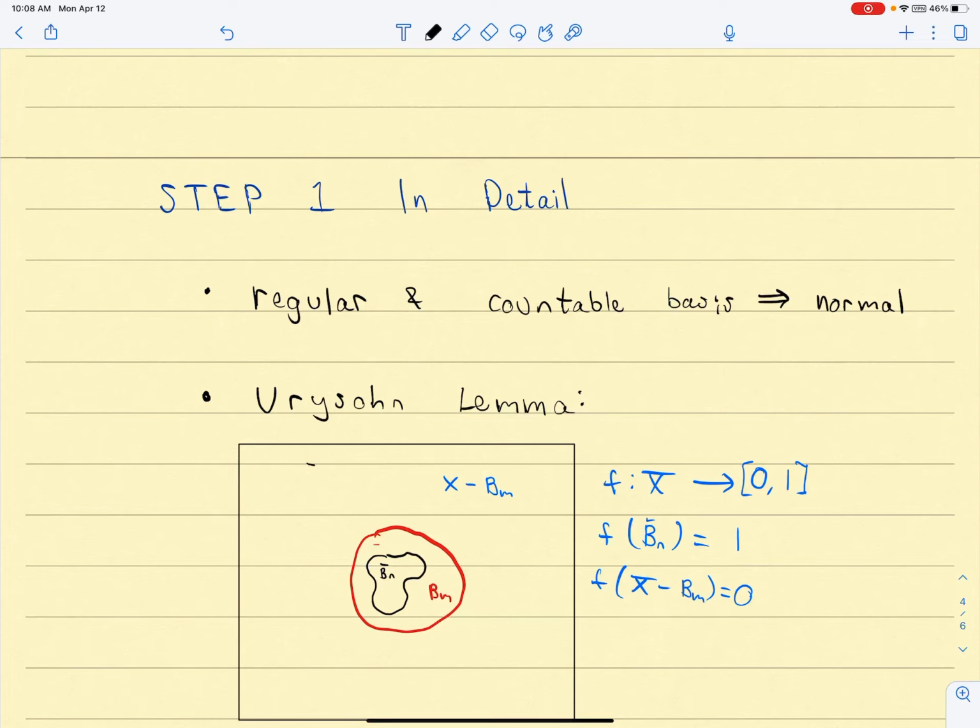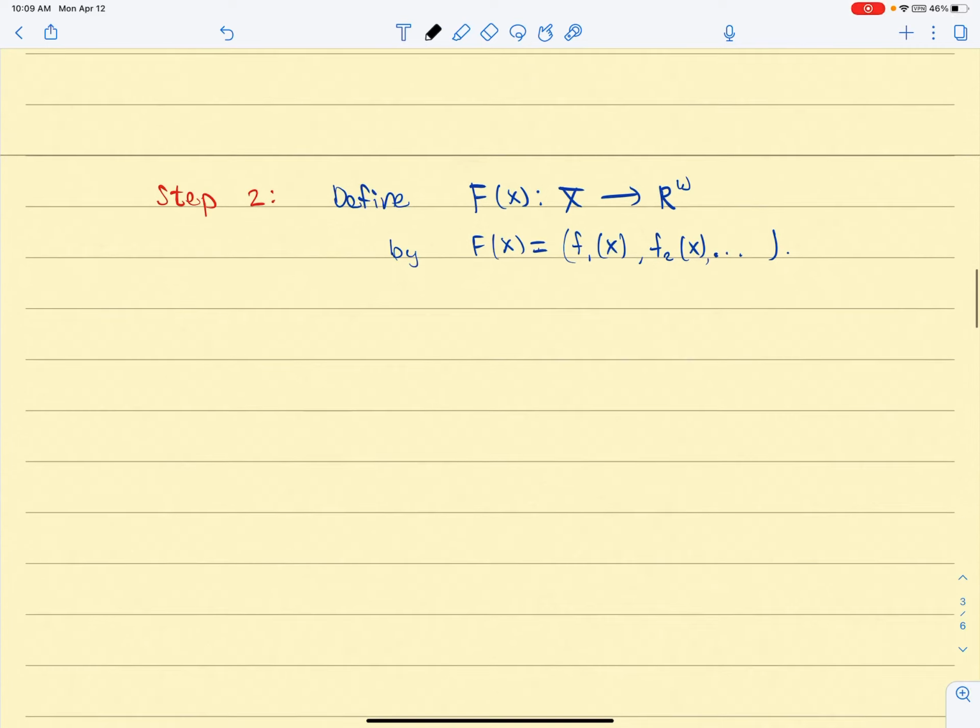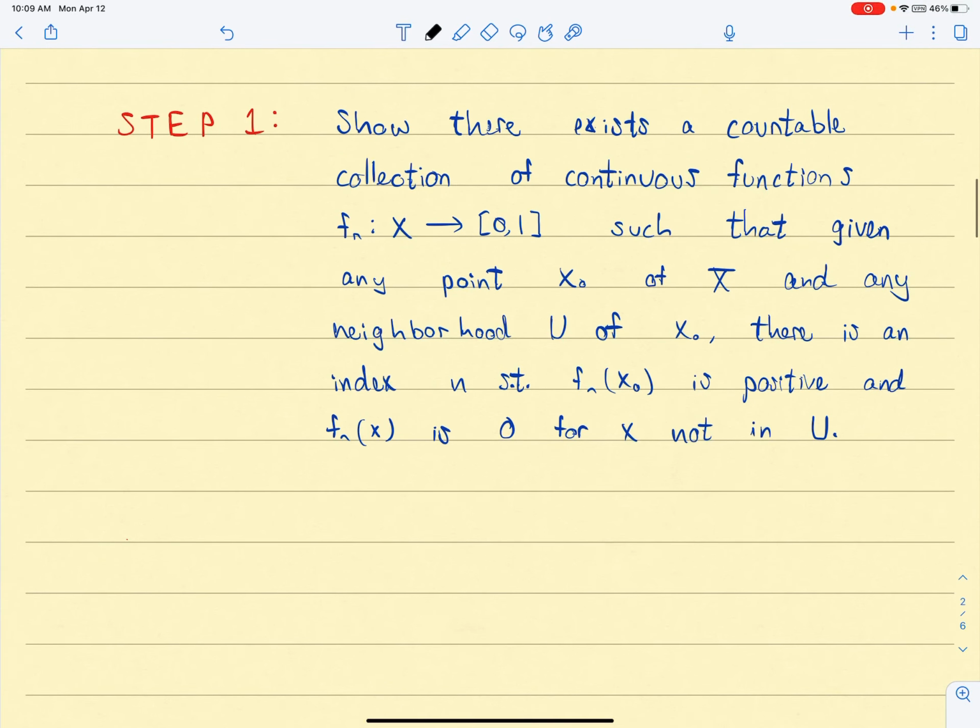Hello, this is part two in the video presentation on the Urysohn metrization theorem. In this video, I'm going to go through step one of the proof of the Urysohn metrization theorem, and I'm going to go into very great detail. So if we go back to what step one is, we see that step one